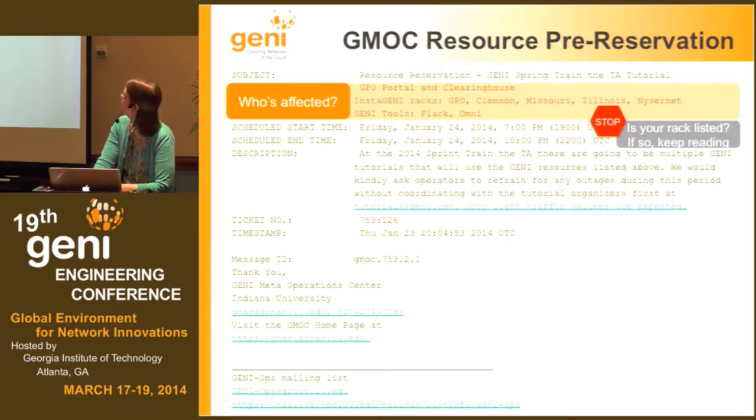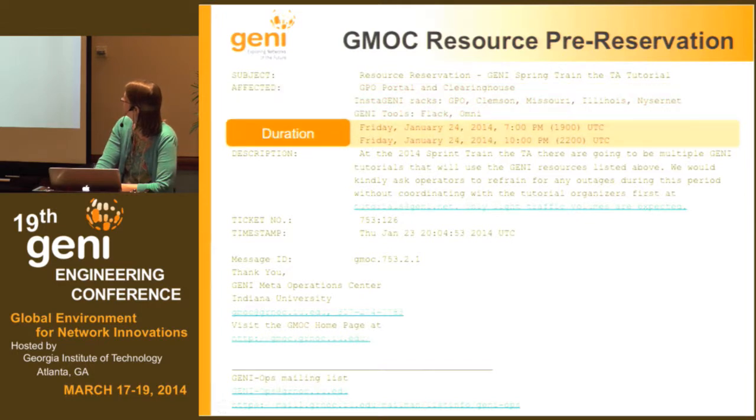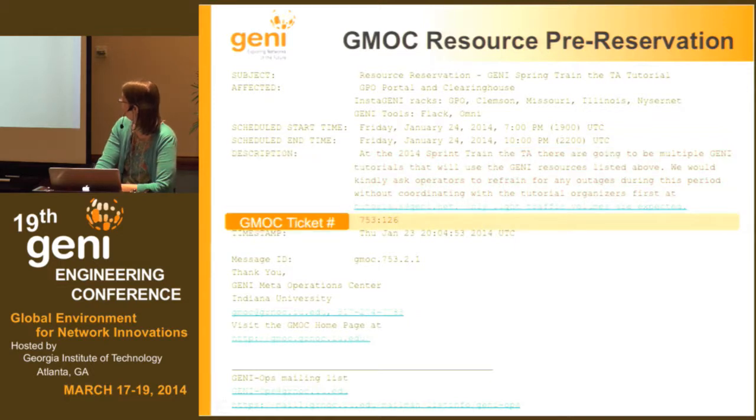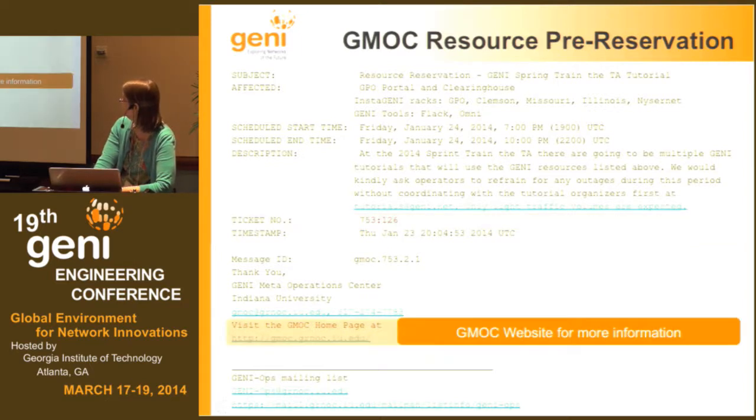reading. Then it says the start and end times. There's a description, what is expected to happen, and there's these little numbers here, which are the ticket number for the calendar. And so if you send an email about this, you should include that ticket number so that GMOC knows what's going on. And there's a little website so you can find the calendar and other things. Okay,